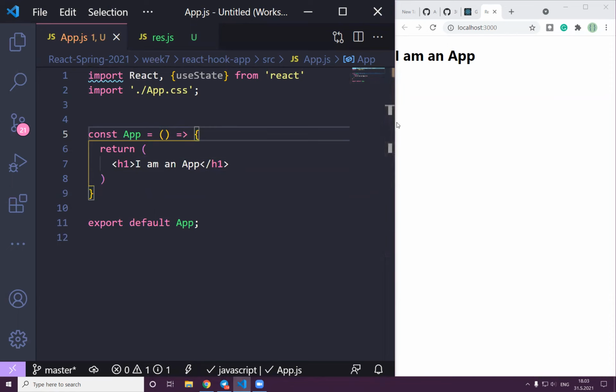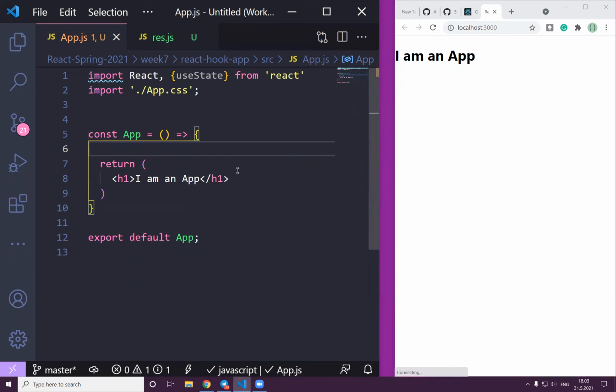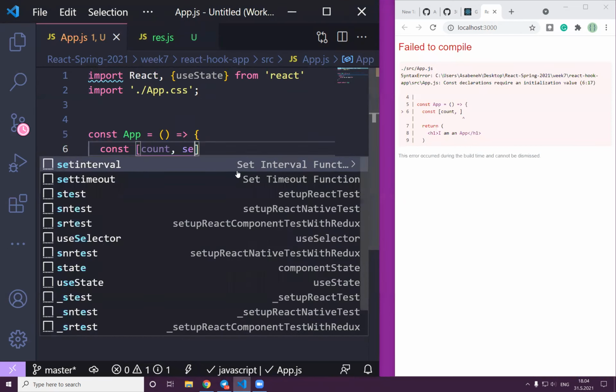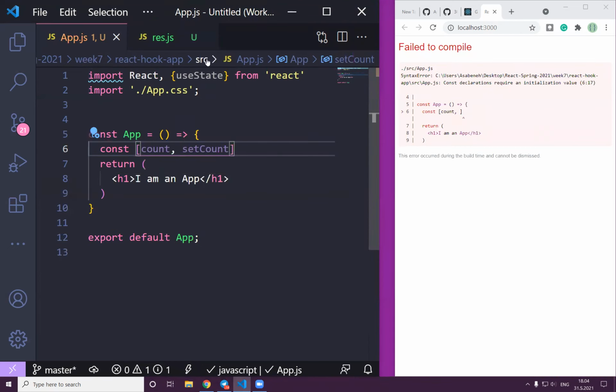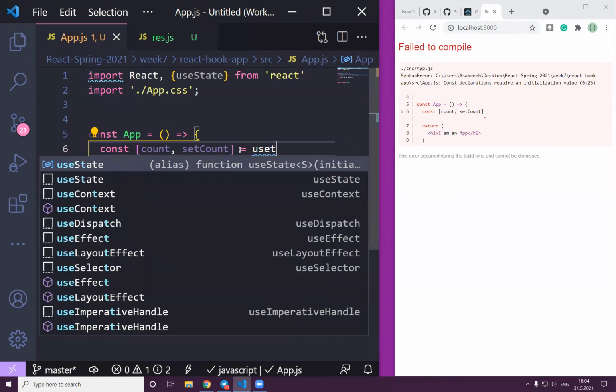Guys, if you remember the destructuring we learned during props or from previous JavaScript, here it's important. The way we write it is const count, and setCount, and we say useState